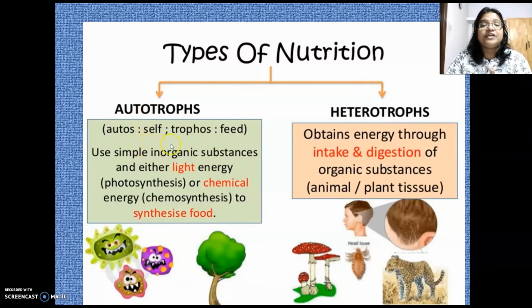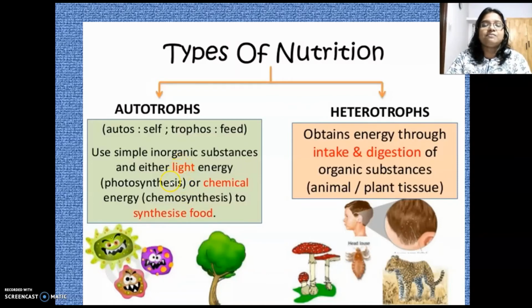Auto means self, trophs means feed. And they prepare food by themselves from simple inorganic substances. For that process, they use either light energy or chemical energy. If they use light energy, we call that process photosynthesis, and there are organisms that use chemical energy, and in those cases they do the process of chemosynthesis for the preparation of food. Anyway, you should know that